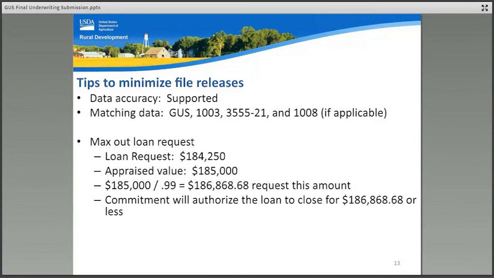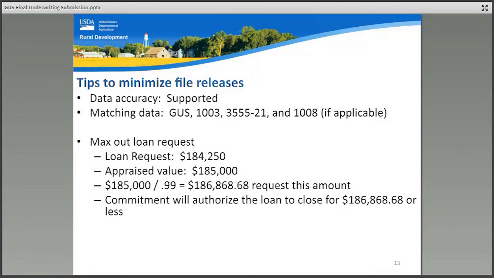To avoid last-minute loan increases, submit the loan the first time with a maxed-out request. For example, if your loan request at the time of submission is $184,250, but the appraised value is $185,000, assuming a 1% upfront guarantee fee, the maximum loan request under 7 CFR 3555 would be $186,868.68.